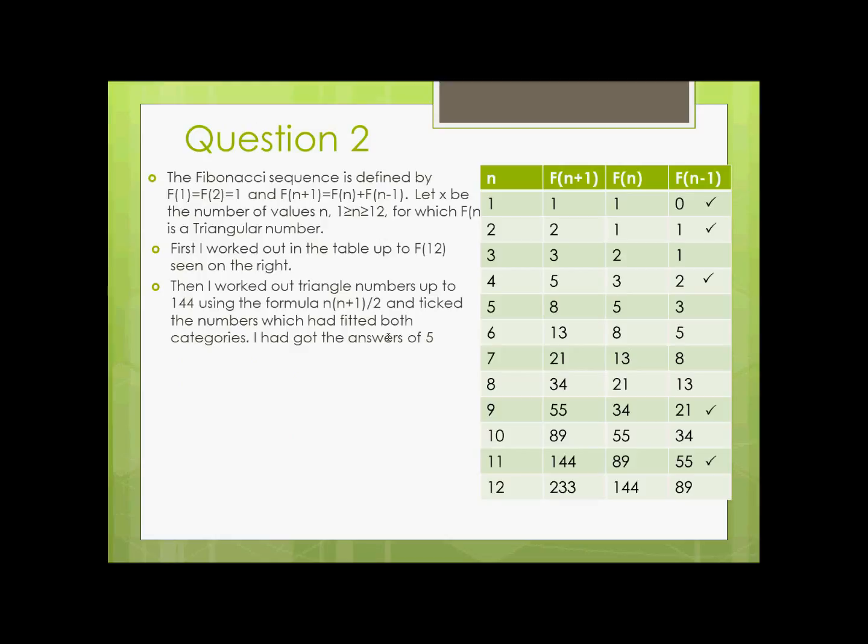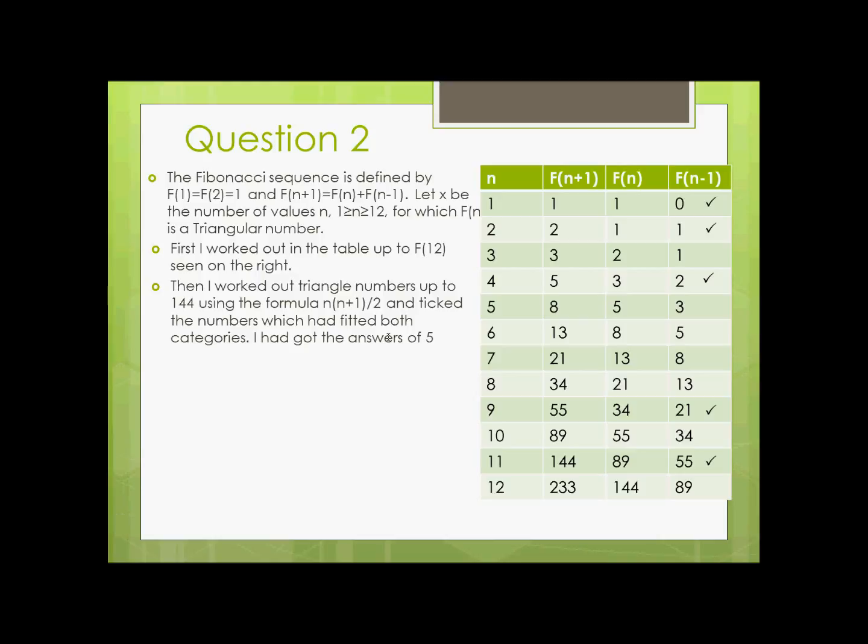which takes us to question 2, which is the Fibonacci sequence, defined by f of n plus 1 equals f of n plus f of n minus 1. We will let x be the number of values of n between 1 and 12 for which f of n